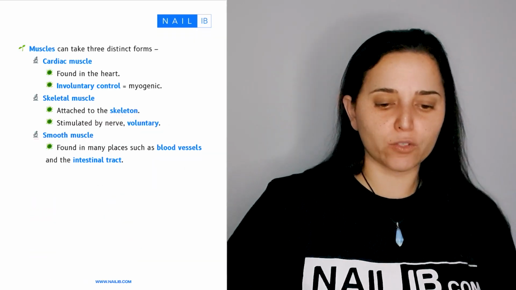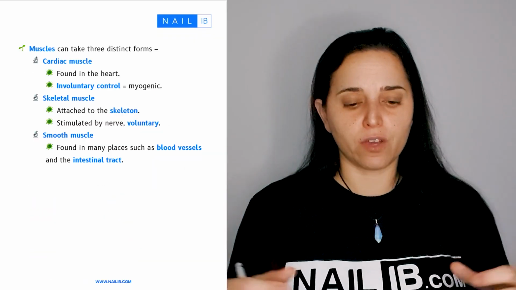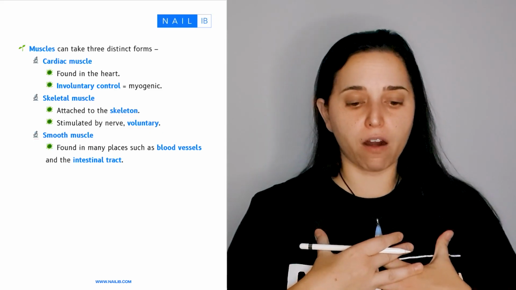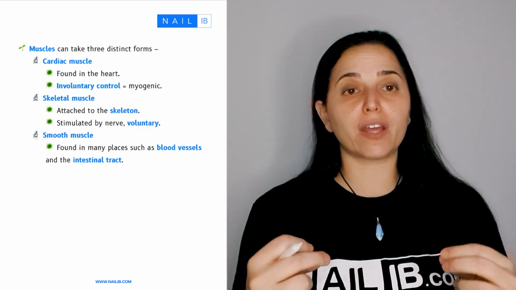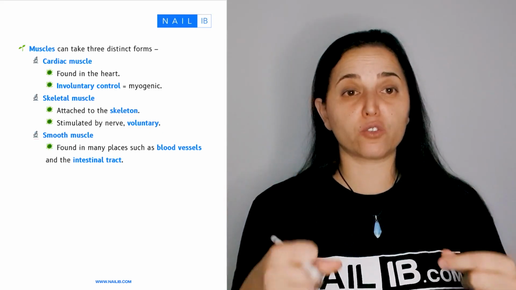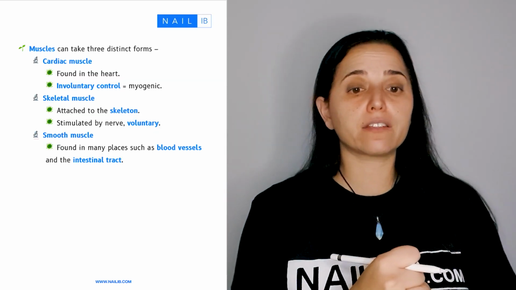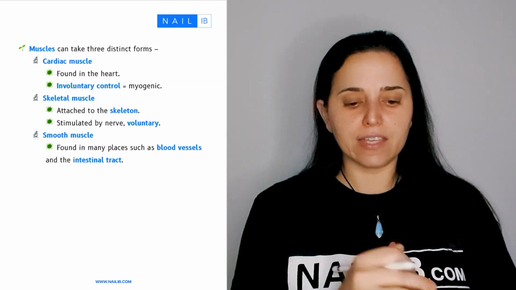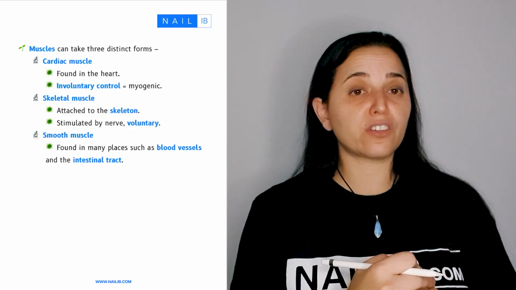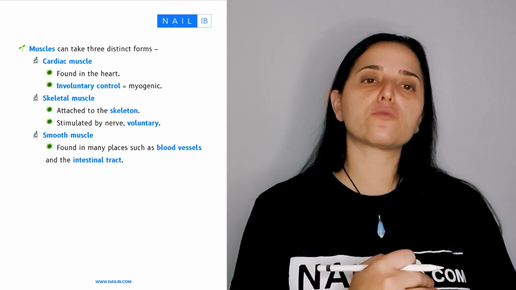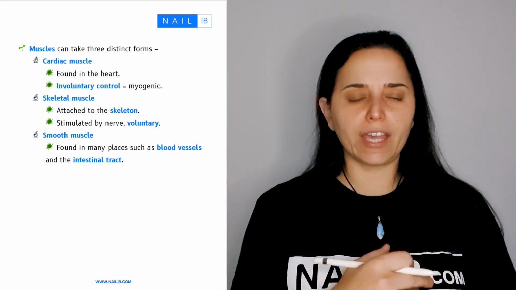Now let's talk about muscles. There are 3 types of muscles. We have the cardiac muscles, which are found in the heart. They are involuntary. Myogenic, what does that mean? That means the heart beats on its own, this muscle contracts on its own. Then you have the skeletal muscle, which is voluntary, and these are basically attached to skeletons, and you can see the bones. And then we have the smooth muscles, which are found in all the other organs, and